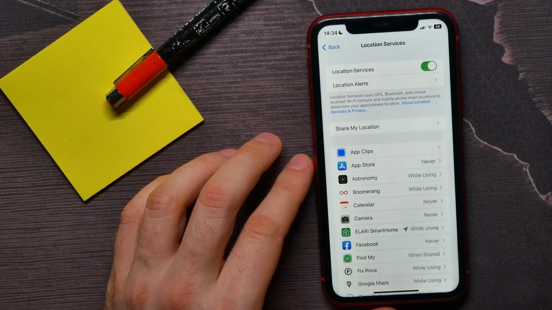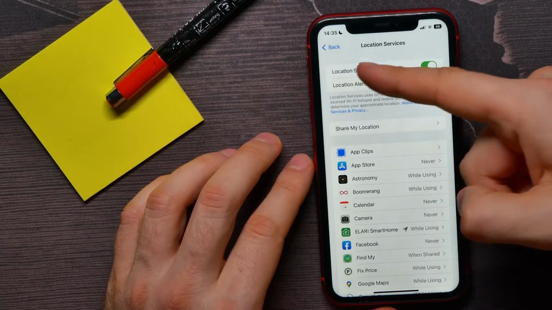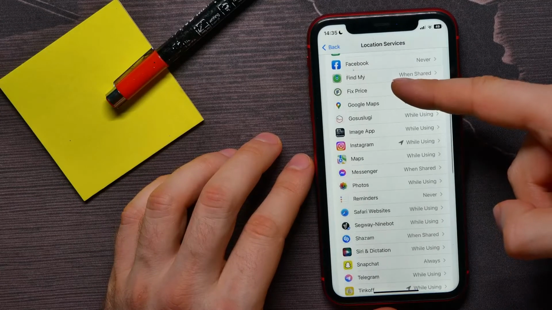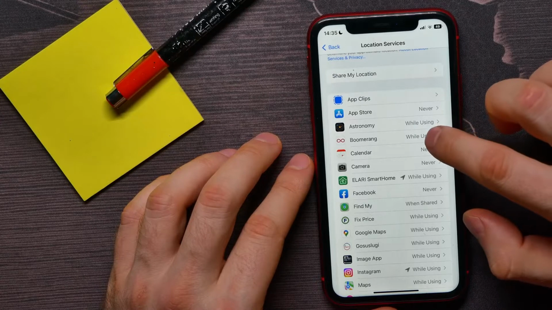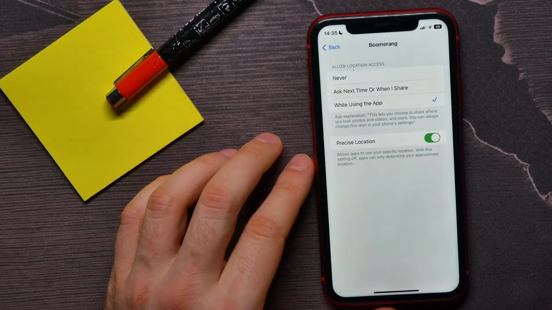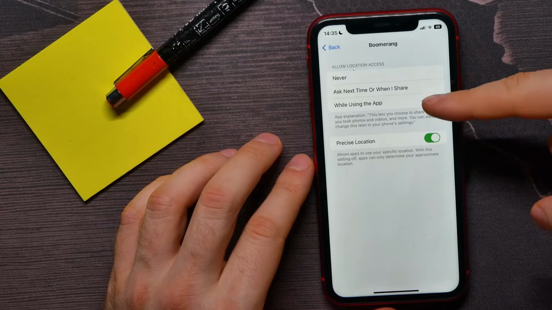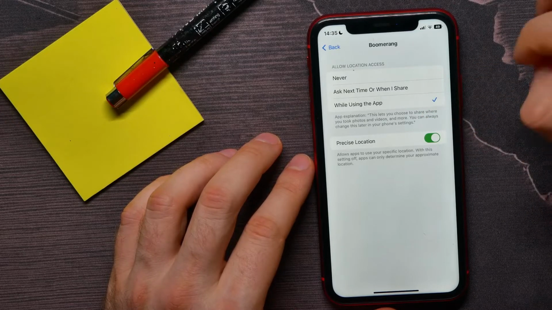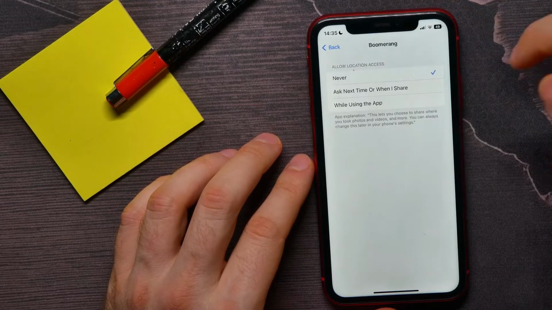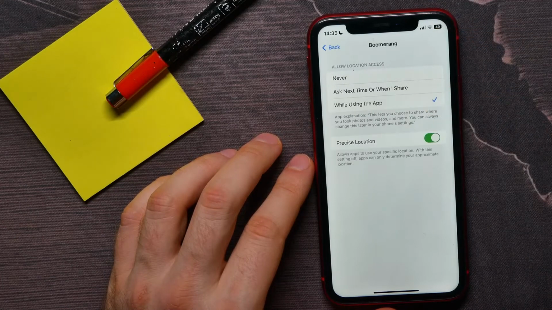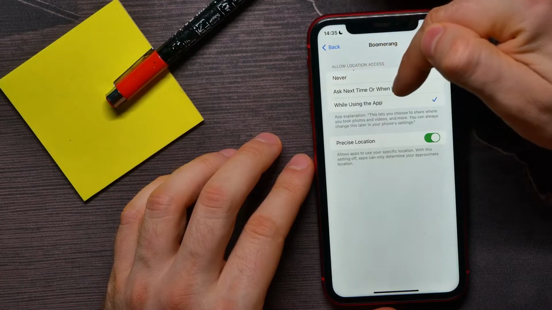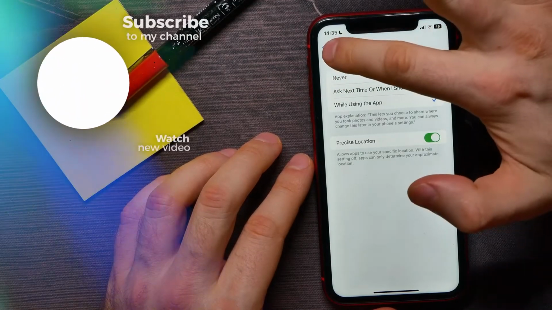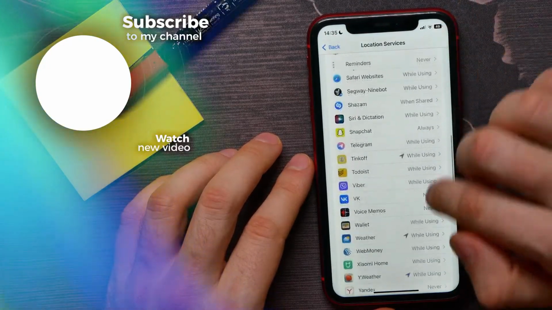Or you can turn on this feature and set up permissions for using location services for each individual application. So now I can open up, for example, the Boomerang application, and there I can set permission for location access for that specific app. I can set it to Never, I can set it to While Using the App, and also I can set it to Ask Next Time or When I Share. And in that way I can set up permissions for each